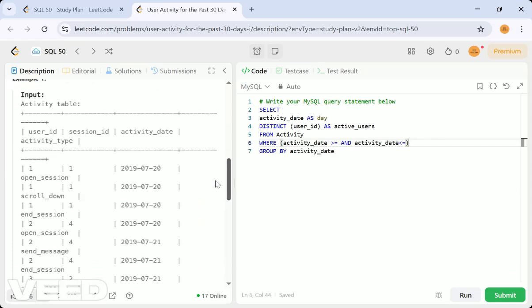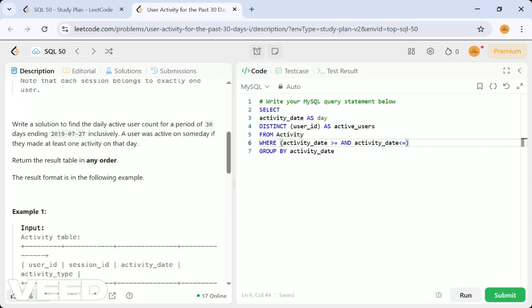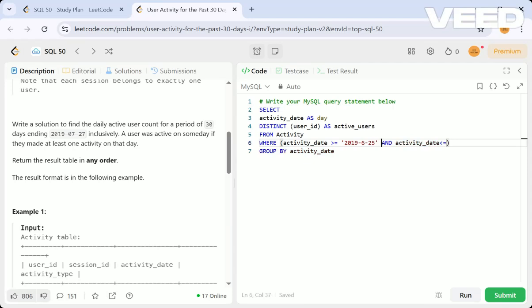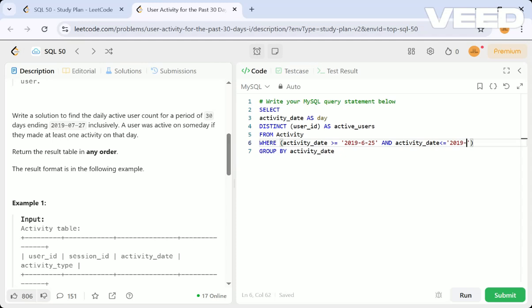a period of 30 days. There's a simple way we can do this, by just checking the query, just checking the table. In another possible way also we can do this. I'll let you know how we can do it the other way also. We have to exclude 07, right? 07.